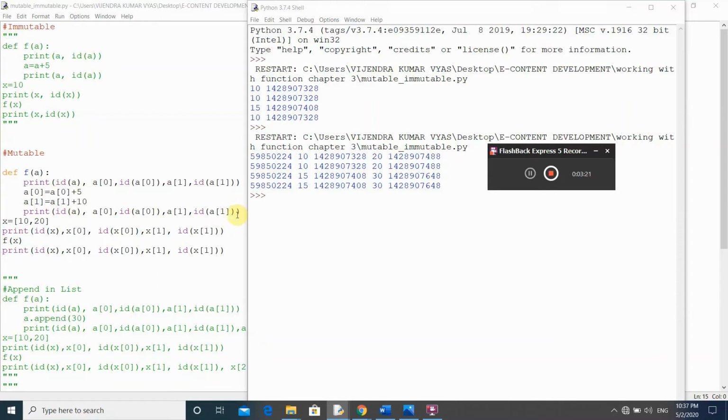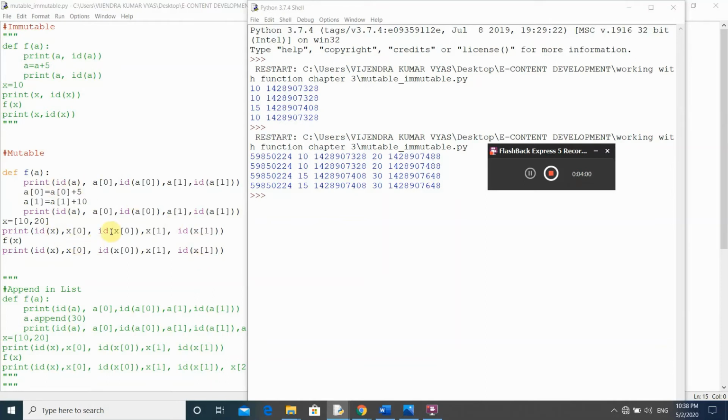After executing this print statement, which is the last statement of this function body, control transfers back, and the last print statement will again print the address of x and value at x of 0, address of x of 0, value at x of 1, and address of x of 1.